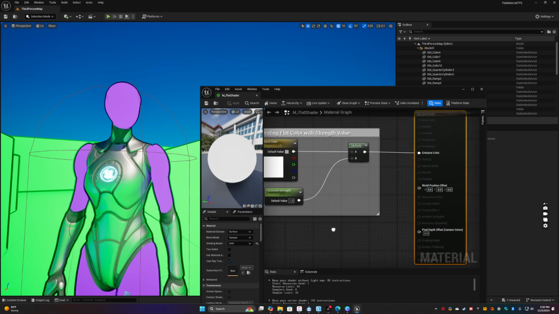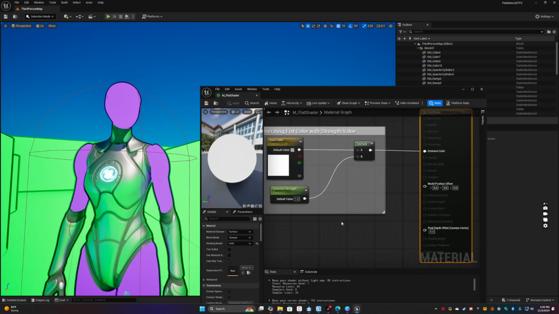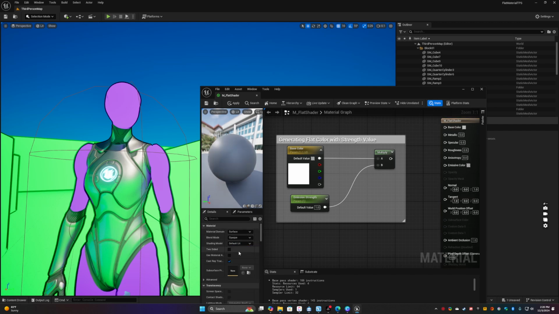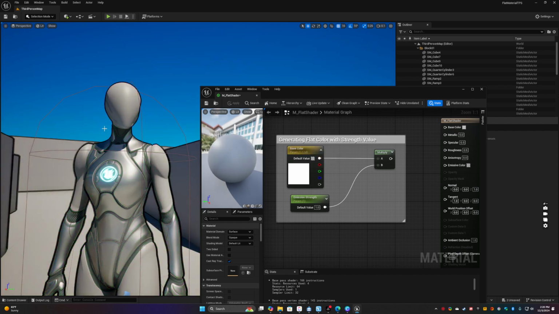So here we have the emissive color, but there's another way to do this. So what I'm going to do is I'm going to unplug that. I'm going to switch this back to default lit, and I'm going to apply it. So we're back to normal. And what I am going to do is I'm going to set the specular to 0, the roughness to 0,